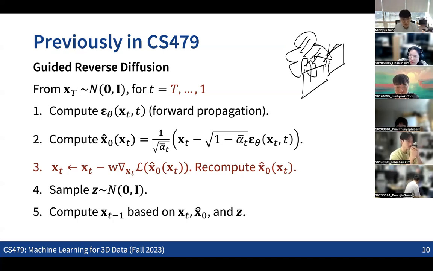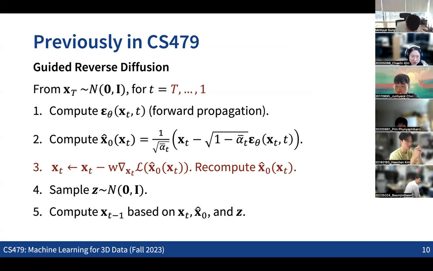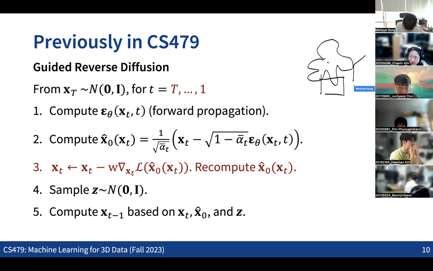Is it clear? We can consider having some raw 3D object here. And then we want to add the color information for the 3D objects. Then a simple thing that we can do is render this 3D object into multiple views like this. And then for each of the images, we're going to get some silhouette or some depth information for each of the 3D objects. Then we can somehow convert this silhouette image into some realistic image, right? For that, what can you use? Can you imagine what sort of diffusion model technique we can use for those kinds of cases?